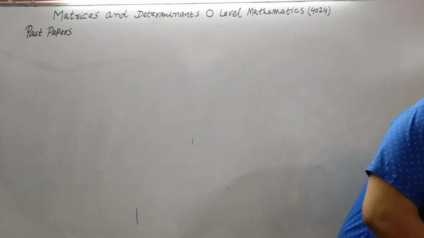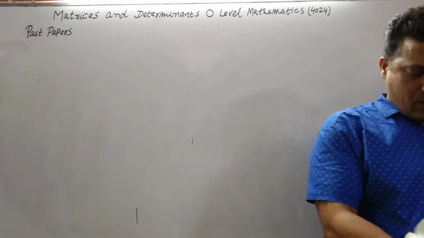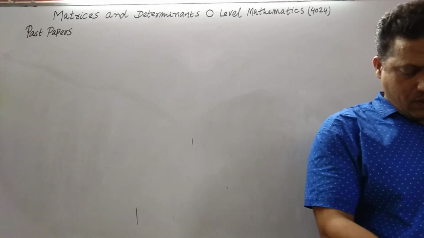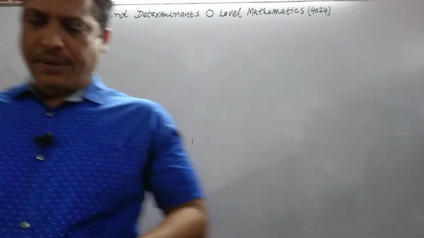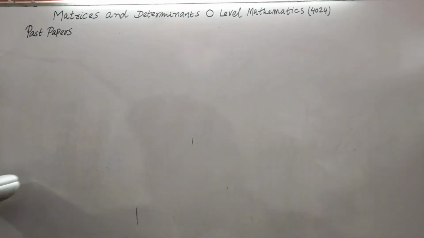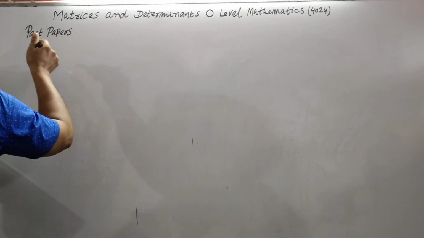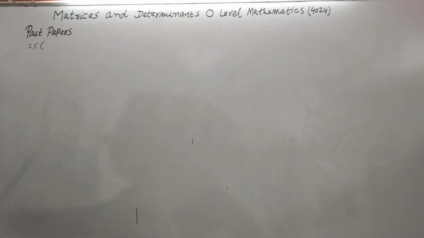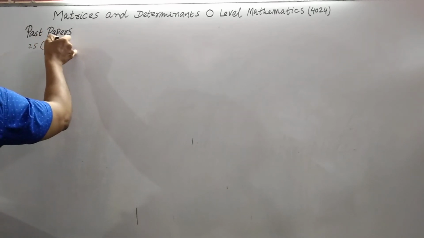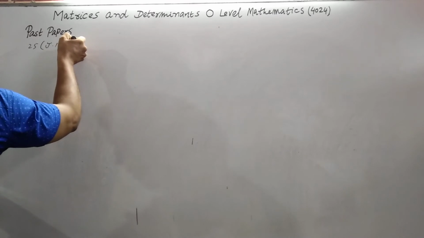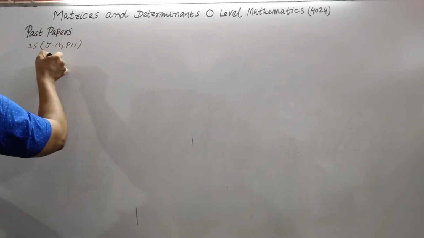Next question is question number 25. This question came in June 2014, paper 1, variant 1. Given that A is equals to 3 minus 2 minus 1 4,